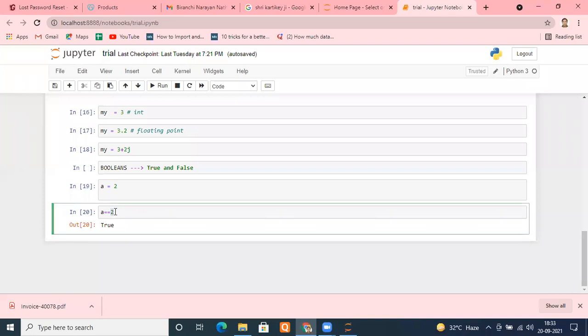A has been storing 2, and if I run this cell, obviously this condition is not true. It should return false. Can you see that?